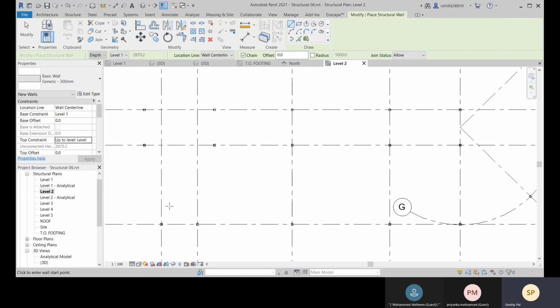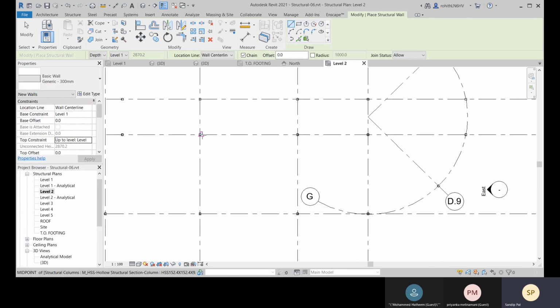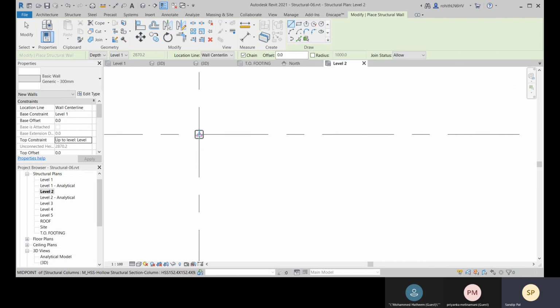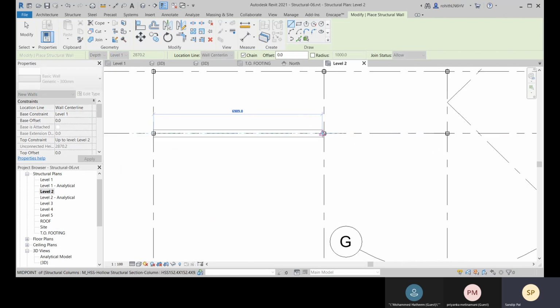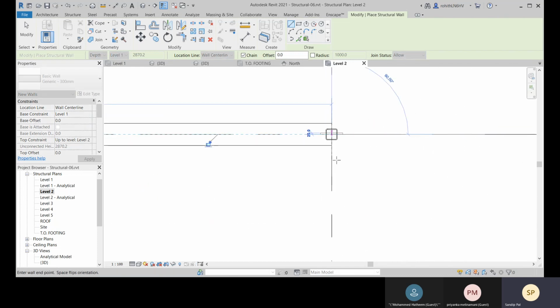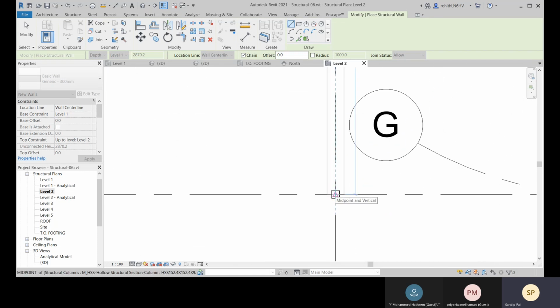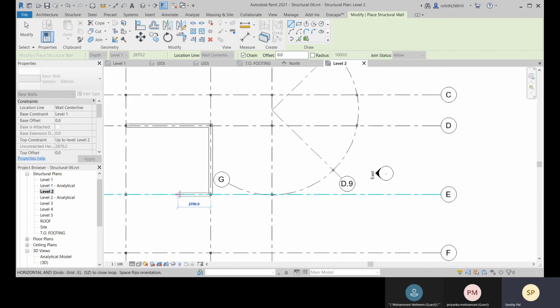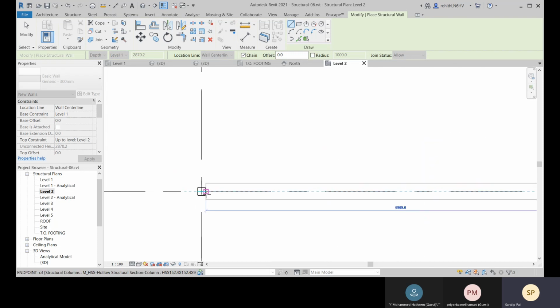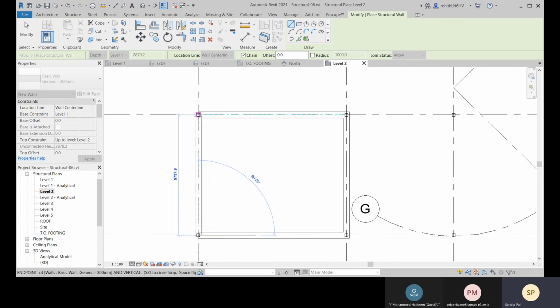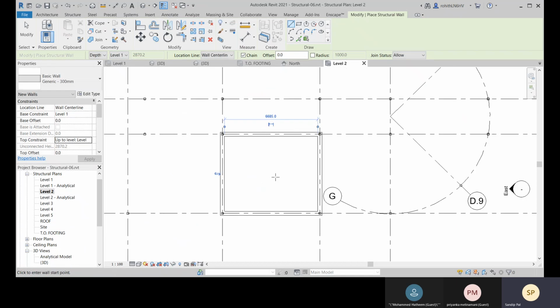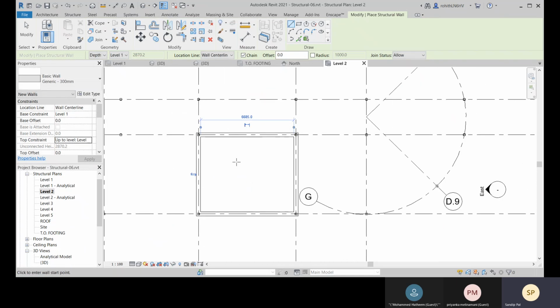From this to this, then from this to this, and next from this to this. Okay, so that we have created here.